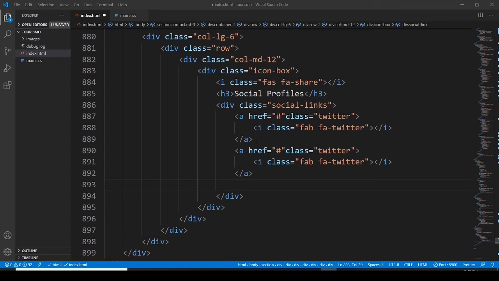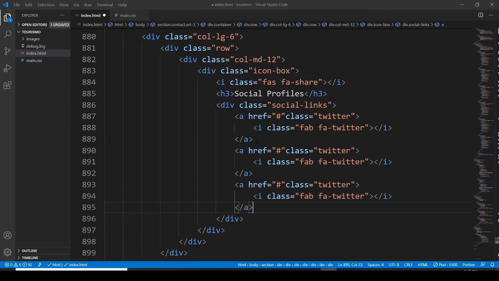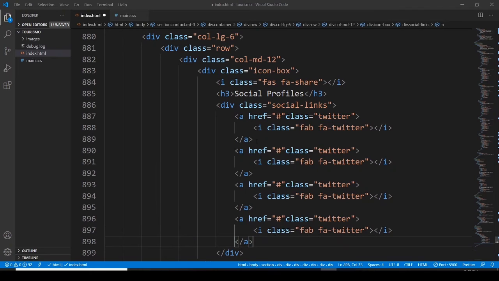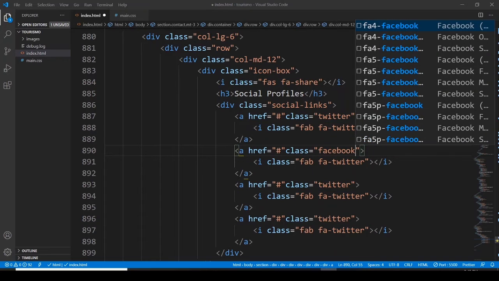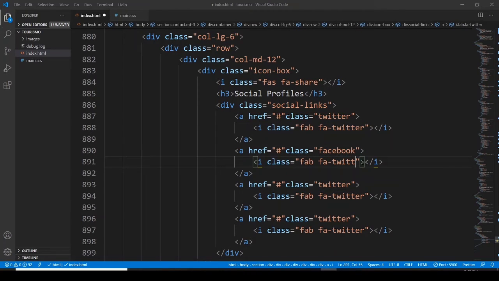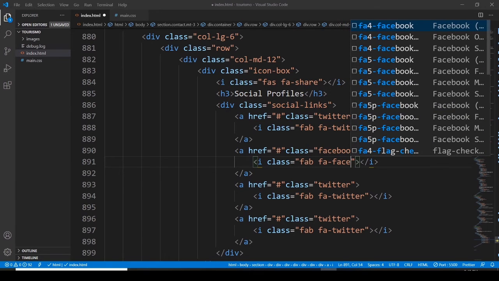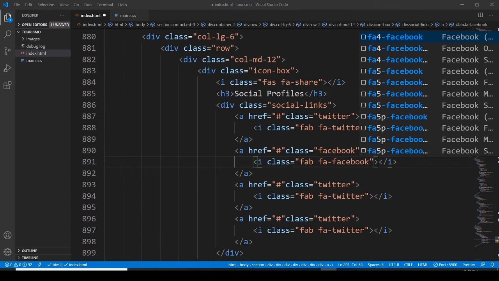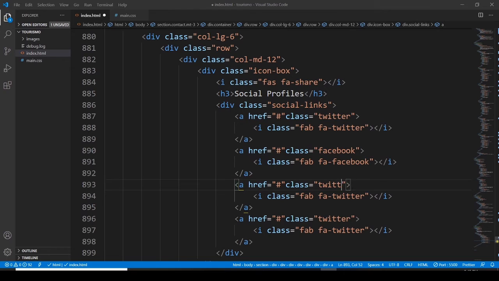So 2, 3, and 4, and the first class should be Twitter, then Facebook. Let's call it Facebook, and here also Facebook. Then this is going to be Instagram,